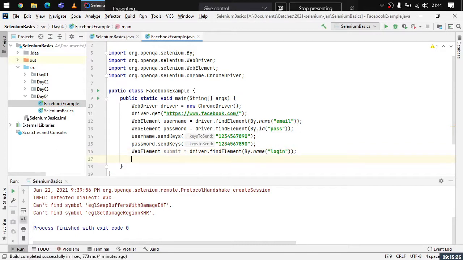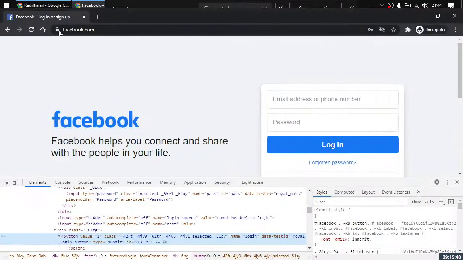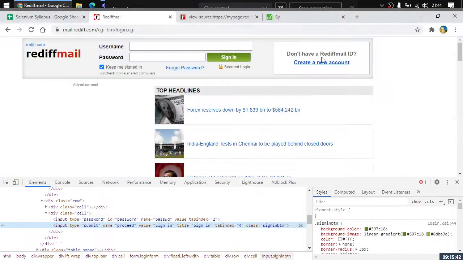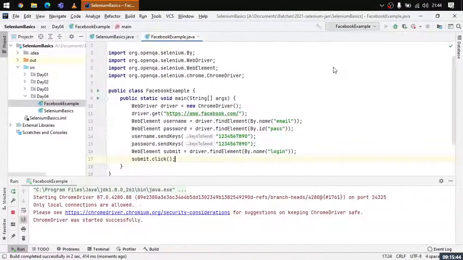Now here the thing is we need to click on it. So here say submit dot click. Done. Let us just try running this part of code now. So run facebook.main. Here it will be taking us to that particular browser. Chrome is opening up.